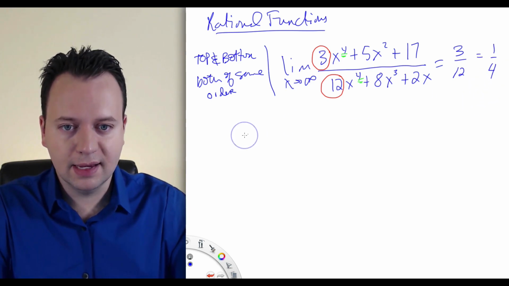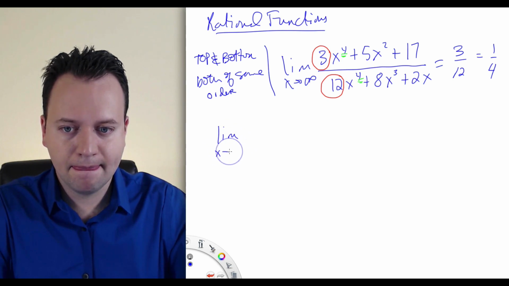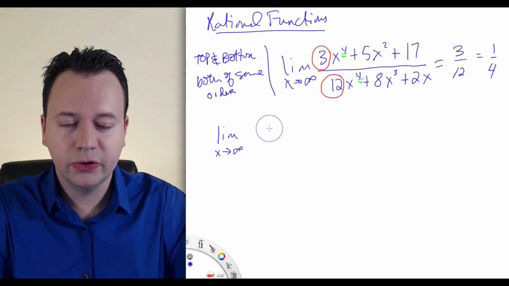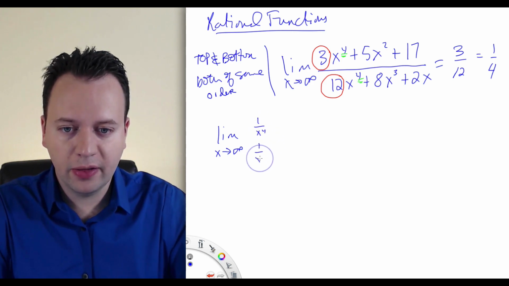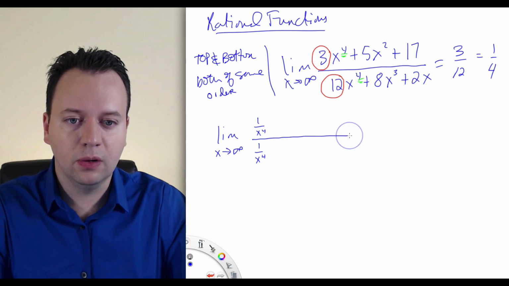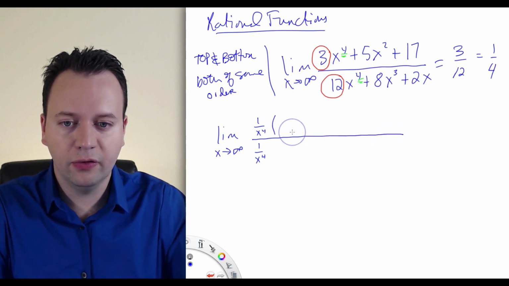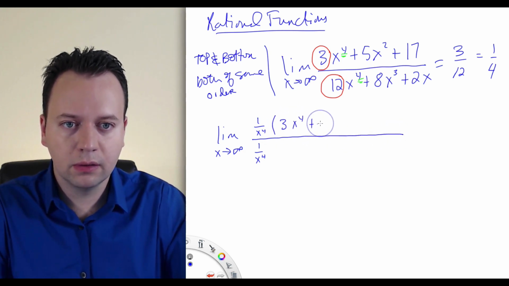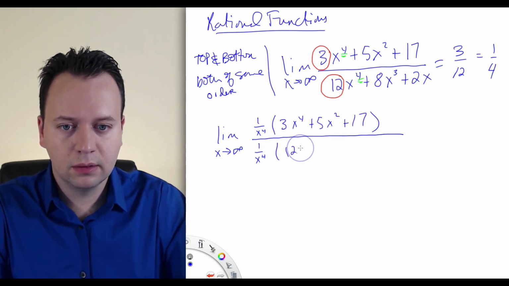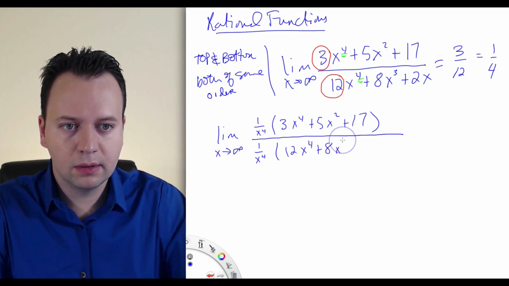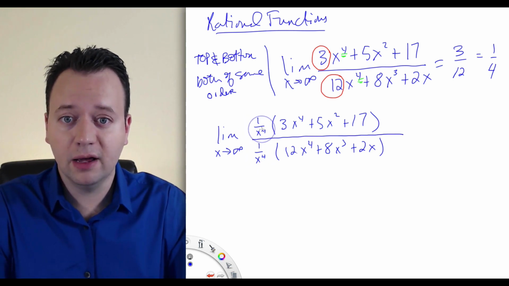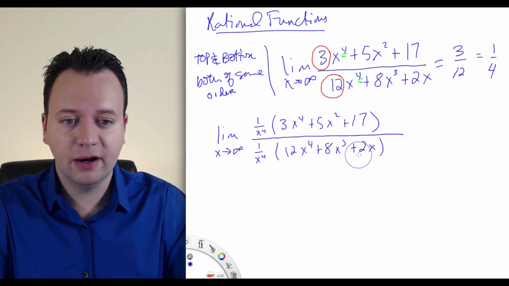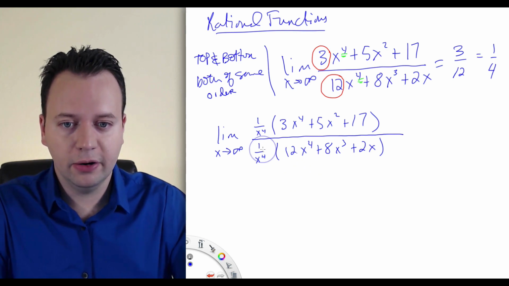One way to see this is to multiply and divide both the numerator and the denominator by the reciprocal of the leading power, so 1 over x to the 4th. Now notice I haven't changed it. I just multiplied and divided by the same thing, so I have not affected the limit here. So then when I